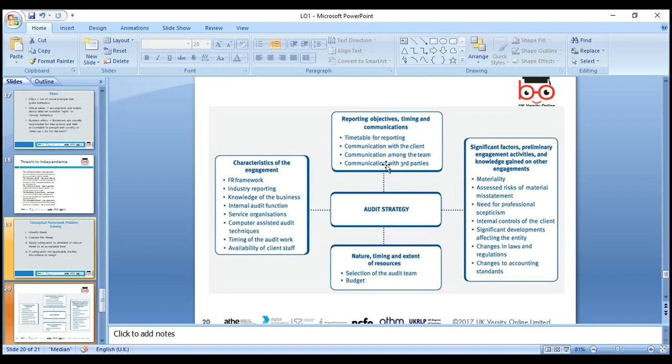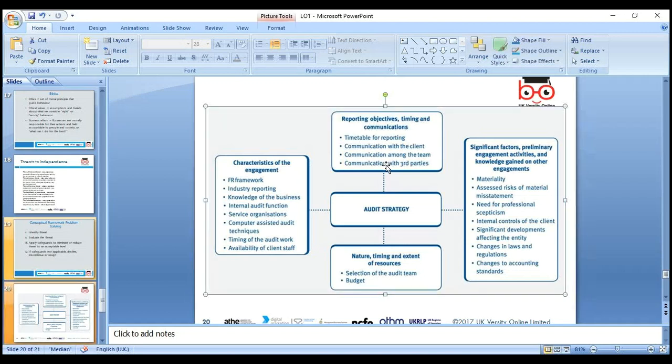Reporting objectives, the timing, and the communications between all parties: we need to be well aware of these and make a strategy for them. A strategy for materiality, a strategy for assessing risk, the need for professional skepticism, their own views, and internal control. We need to look at how changes in legislation are put in place, and be aware of the details, and the audit strategy needs to be changed in view of the change in